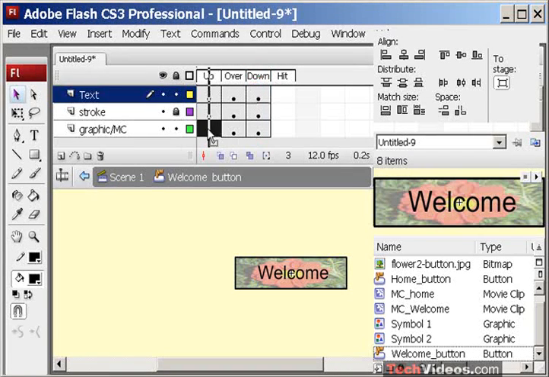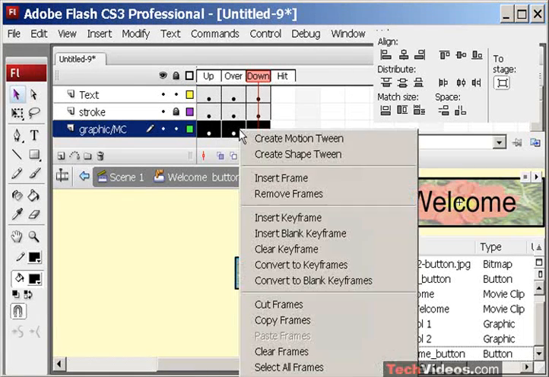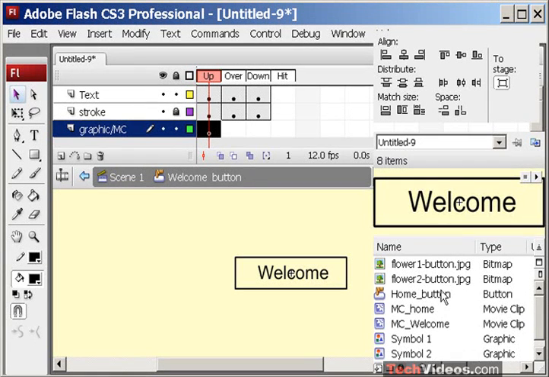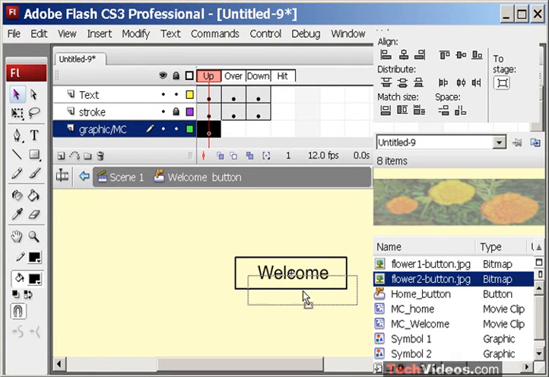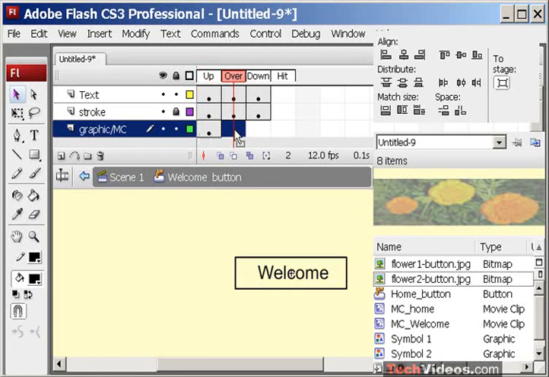Okay, let me come down here, and like I did a second ago, I'm going to delete these layers. I'm going to highlight all three, right click, remove frames. I'm on my graphic for my up. I'll press F6 here, and let me see if I can find that. There it is, Flower 2. Drag that on, align that horizontally, align that vertically, come over here, press F6, and now I'm going to find my movie clip for my welcome,